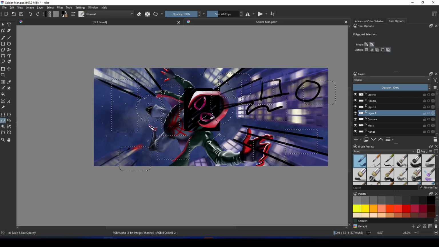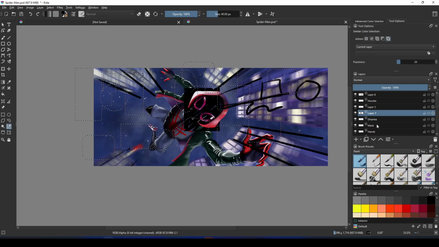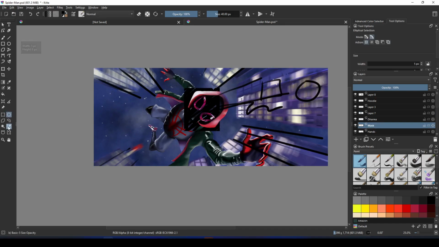Then we have polygon selection, through which you can create polygon shaped selection with any number of sides. The next and most frequently used selection tool is freehand selection tool. Selecting this, you can draw the selection in any shape or curve you want. Thus, selection can be very precise. Last selection tool we are going to cover is similar color selection, which simply selects the color on all the canvas from the pixel you have clicked.